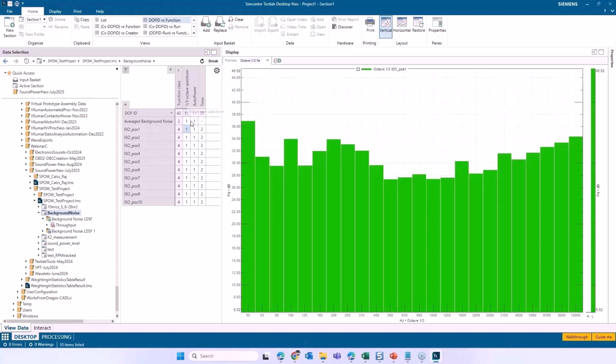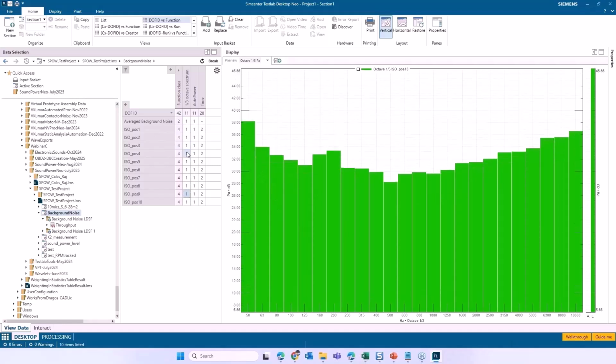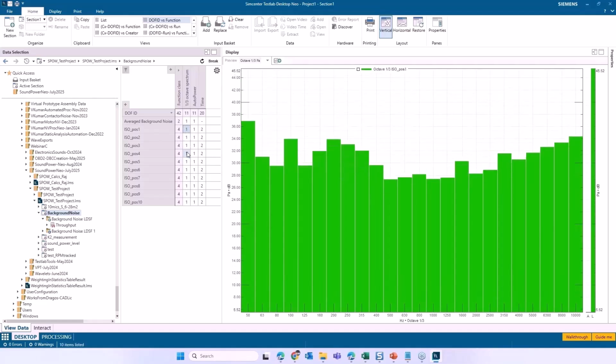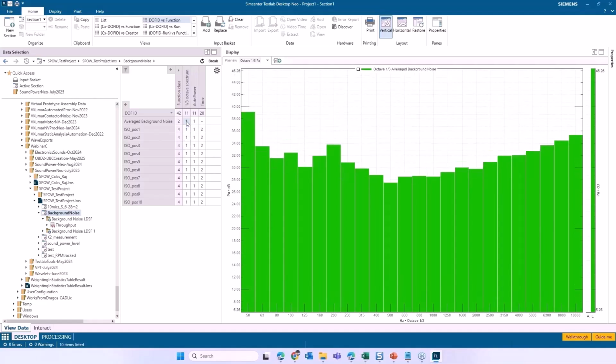So here I have the background noise measured in terms of the 1/3 octave spectrum. And when I click on it, I can see the 1/3 octave level for this microphone. This is the background noise level. So it is about 30 to 40 dB across the frequency range. And as I go through it, now I can see how the 1/3 octave spectrum changed for the different locations. And I have the average background noise also, average of all these. And then I can look in terms of the auto powers also. Now I'm showing this to give an idea of the pivot table, because it summarizes all the data that you have in one section or one project, all in this nice tabulated view, so that you can quickly navigate through the data.